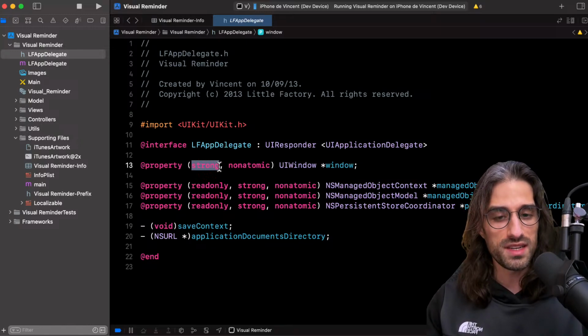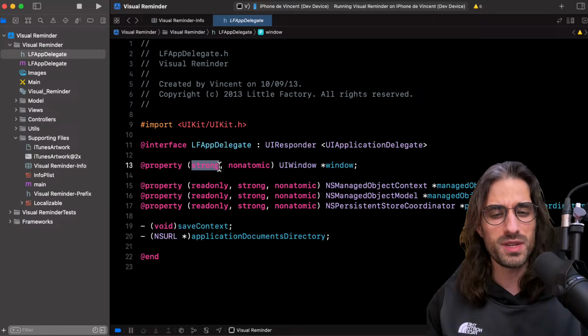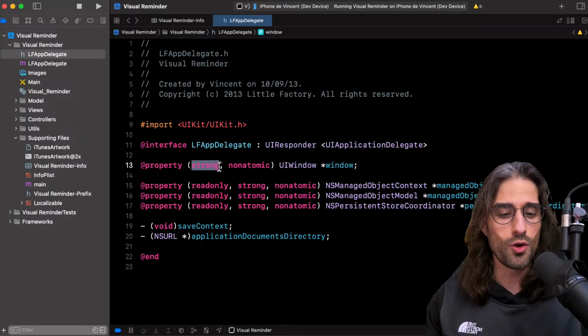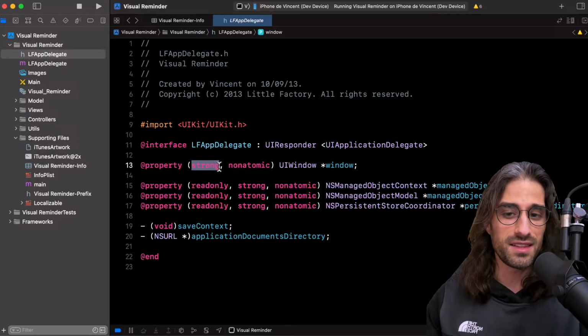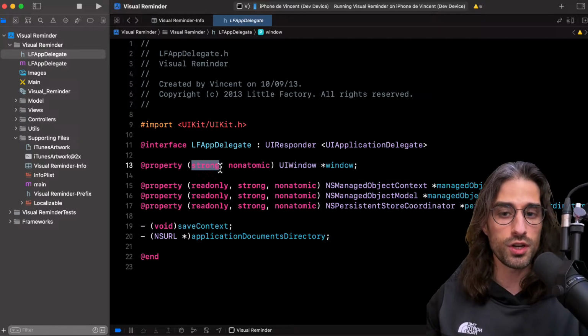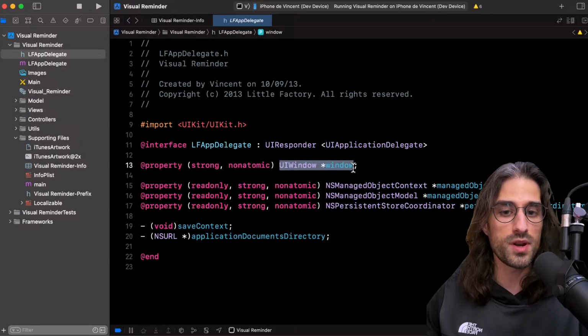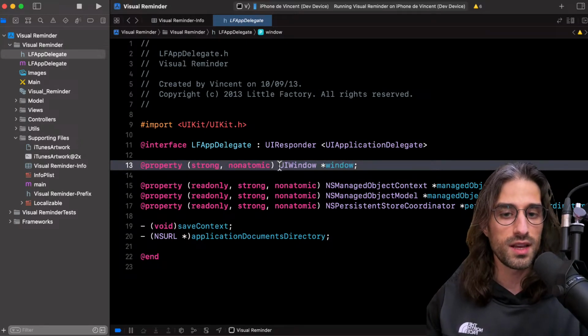So when this was released with iOS 5, it was really, really a big deal, because retain release was basically a nightmare, and a place where there could be so many bugs and a huge barrier to entry for juniors. So really, the adoption of ARC was a major relief. And so when you would say your property was strong, the compiler would derive that this is a strong reference. And so whenever you set a new value to it in the setter, it's calling retain on the object.